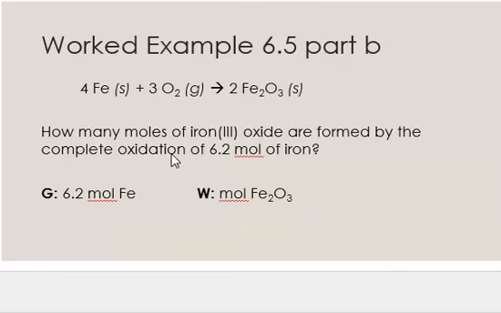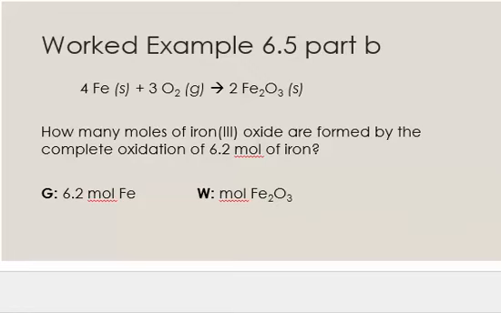Part B asks us to determine how many moles of iron(III) oxide are formed by the complete oxidation of 6.2 moles of iron. We know this is a stoichiometry problem because we are given an amount of one chemical, 6.2 moles of iron, and asked to find the amount of a different chemical, moles of iron(III) oxide. When both amounts are moles, this is known as mole-to-mole stoichiometry, and all we do is multiply by the correct